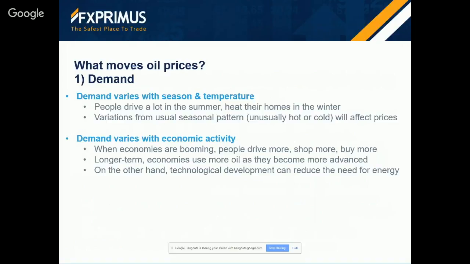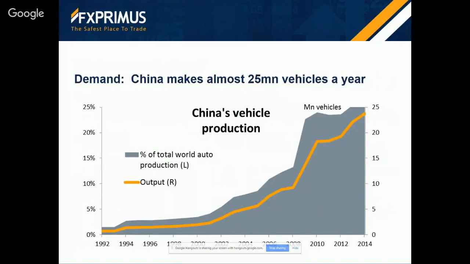Similarly, economic development causes a large increase in demand for oil over time, because people with higher income and a higher standard of living tend to use more energy, up to a point. For example, China makes around 24 million cars and trucks a year. This is about 5 times what it produced 10 years ago, and 20 or 30 years ago, they made almost nothing. China makes about double the vehicles that the US makes. So obviously there's been a huge increase in demand for gasoline in China to run all these cars.